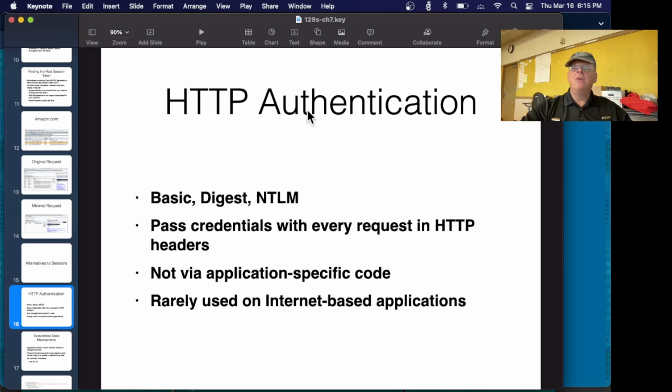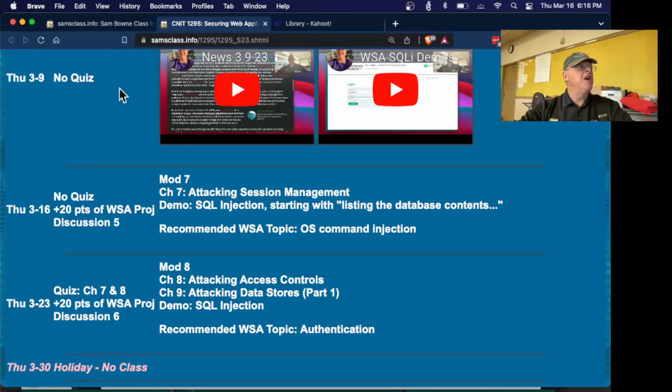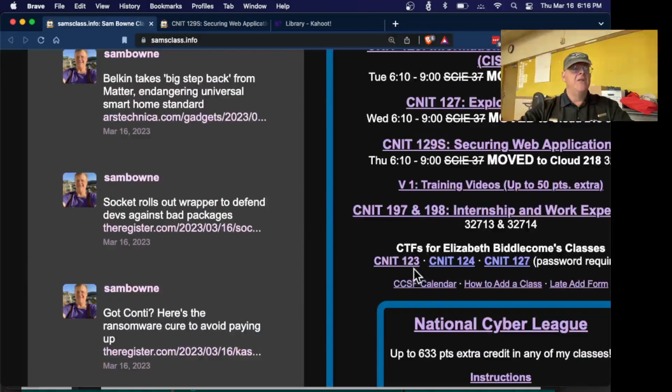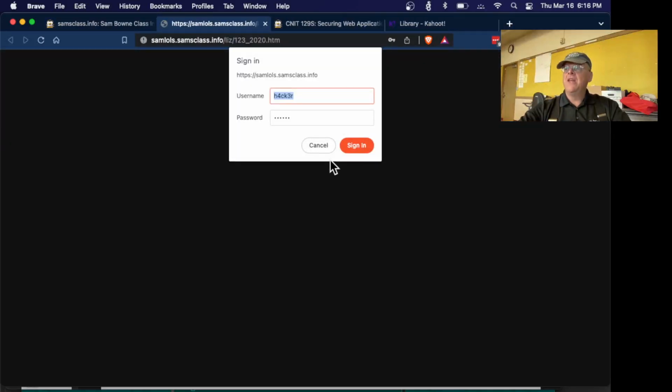So there are other ways to do it besides sessions. There are integrated authentication methods like basic, digest, and NTLM. These are mostly used inside Windows networks that automatically send data to the server when you go to a Windows server from a Windows machine. They're very rarely used on the web. I do use them myself. Basic authentication is a really old technique, and I use it just because I'm old-fashioned and I didn't care. For example, this one here, where it says password required for this thing, this is basic authentication.